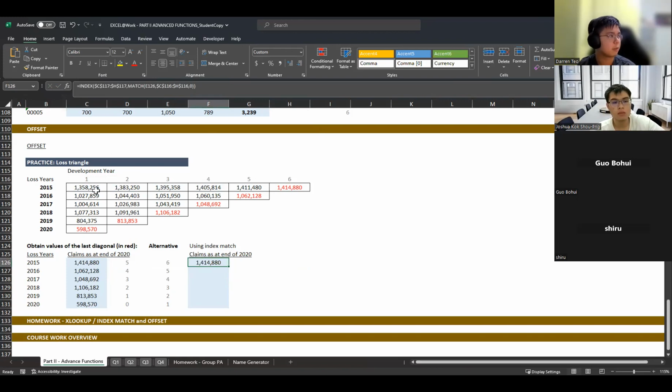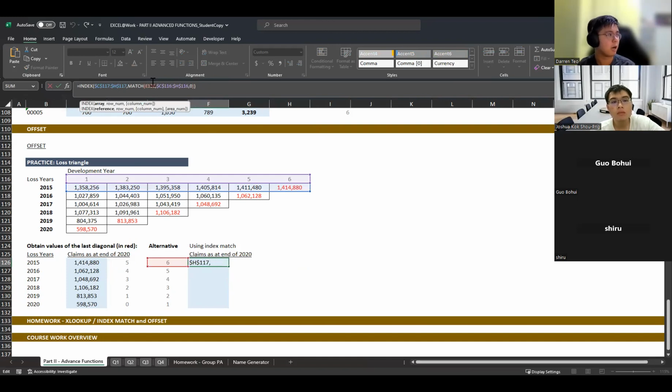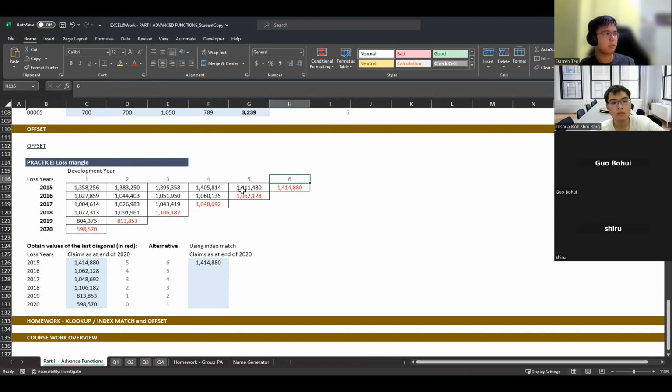I'm indexing this, but I'm looking at the 6th column of this. You understand what I'm saying? I index this, but I want my row number, right, to be this particular one instead, or my column number. Because sometimes they will recognize that I'm not looking for a row number. So then this will give me this. If I drag it down, okay, this is wrong. This will give me something else.